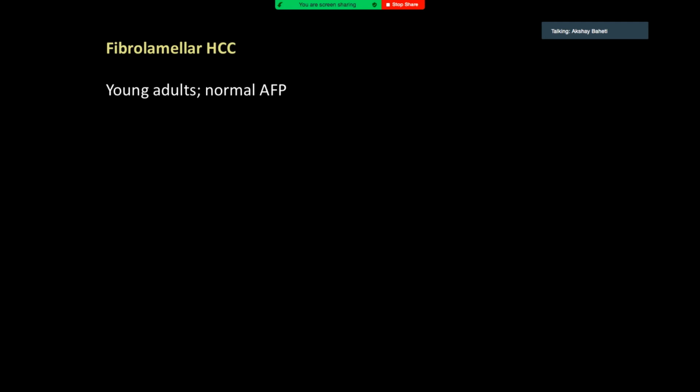So we had this case of the week on the Tata Facebook page, and I put a case of a 56, 60-year-old guy with a liver mass, and it looked like a cirrhotic liver. And weirdly, half the people answered fibrolamellar HCC, and I don't know why they did that, because just the age tells you it's not that, right? Fibrolamellar HCC is a young adult tumor. It's not a 60-year-old or 50-year-old tumor. So it cannot happen at that age, okay? It's a young adult tumor.